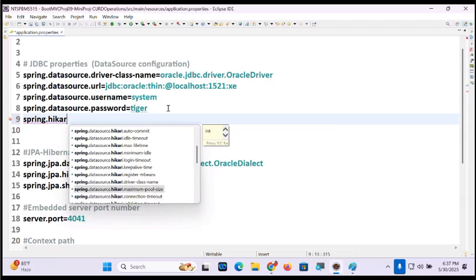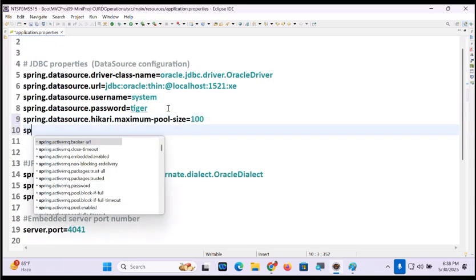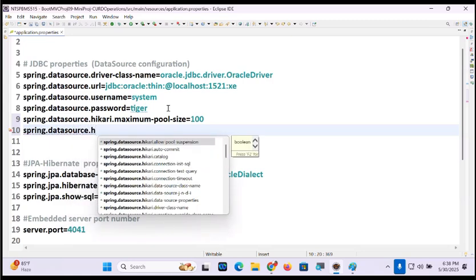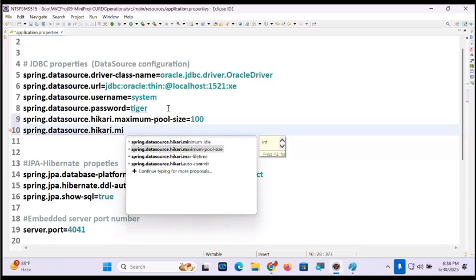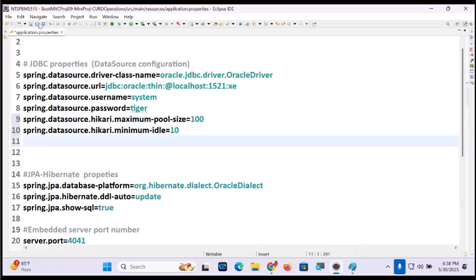Maximum pool size 100. Minimum idle means by default how many connection objects should be there in idle list. That's great.